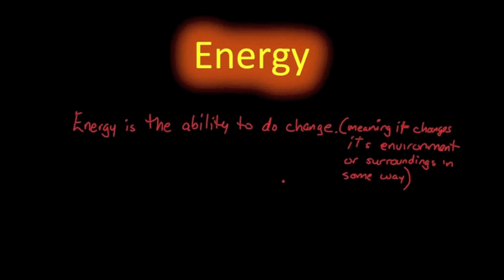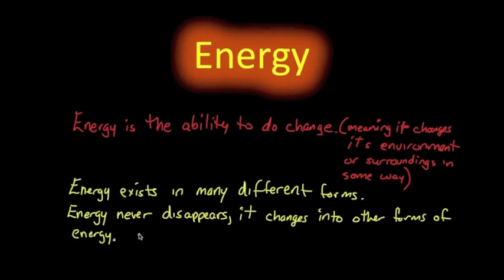And many times, the energy that we want to use is converted into other forms of energy as well that we don't necessarily want. A major concept to remember here is that energy does not disappear. It's always going to be there, in some form or another. Many times the byproduct or the waste product, the type of energy we don't want, is produced in the form of heat. And you'll see us revisit that throughout the next few months when we talk about energy.